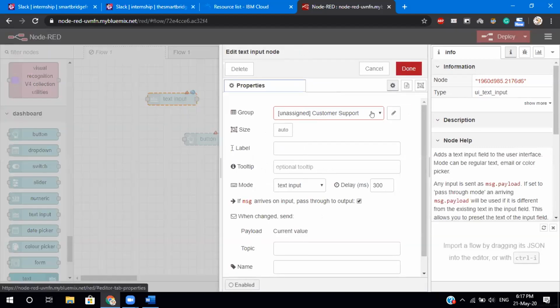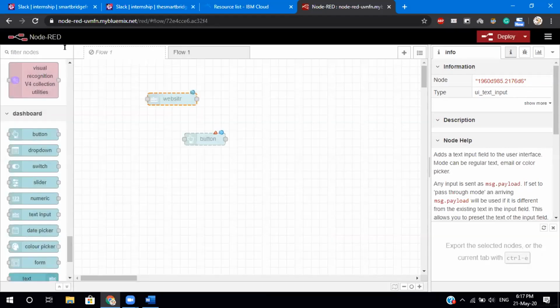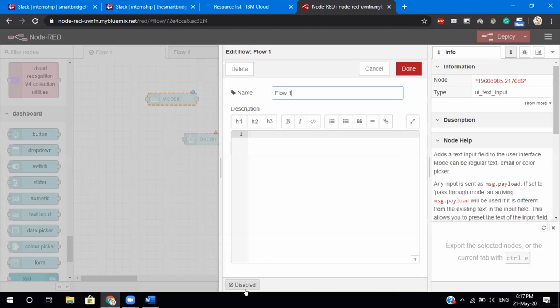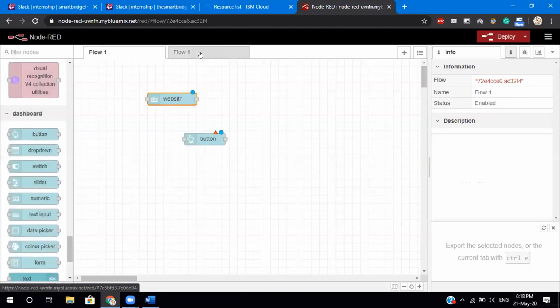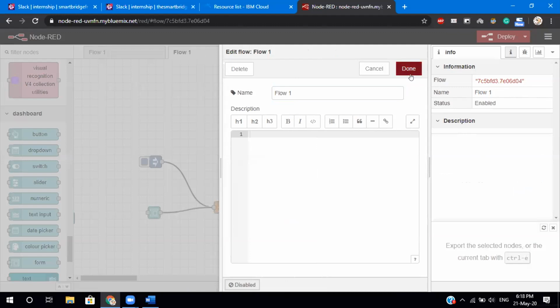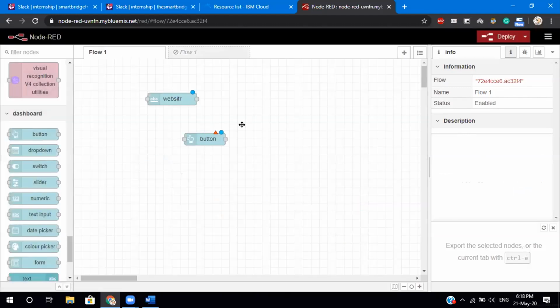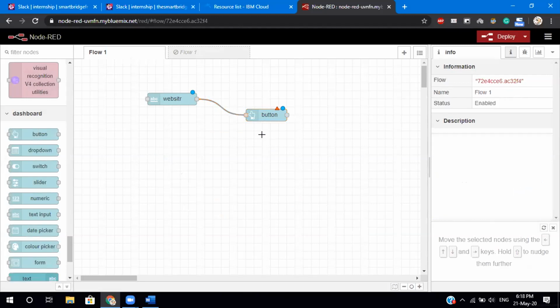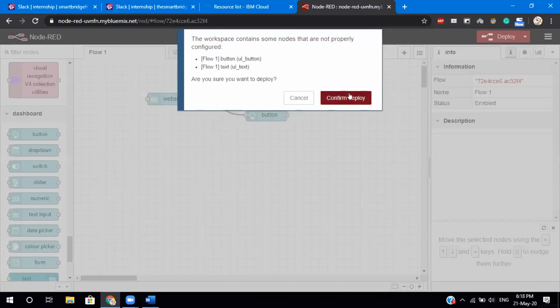It may not make sense to you yet, so just blindly follow what's going on. I will tell you what this is all about, and you'll understand why we are emphasizing Node-RED. Okay, so I'm just going to deploy it.